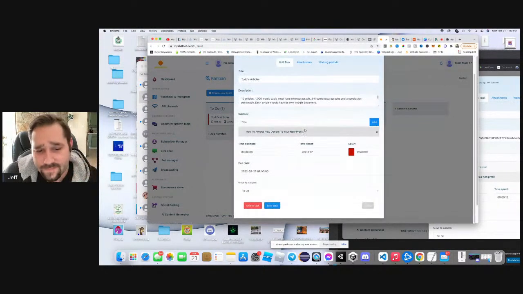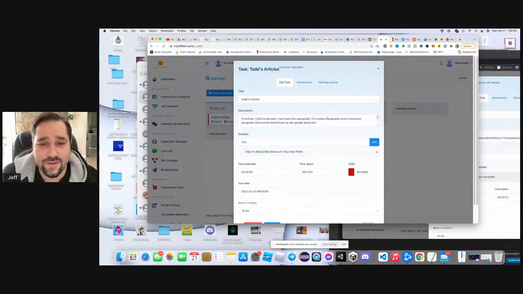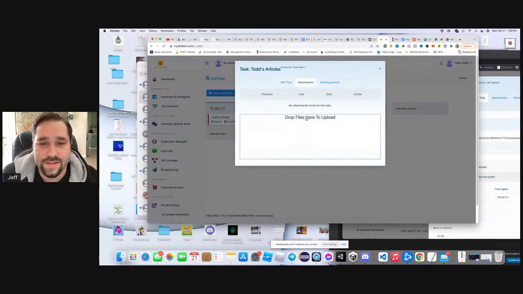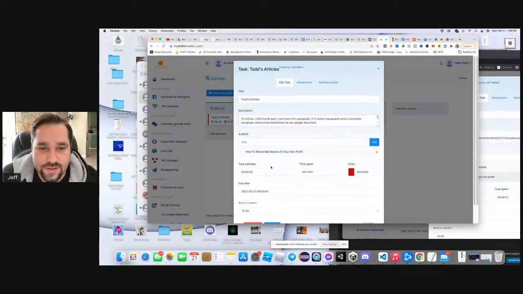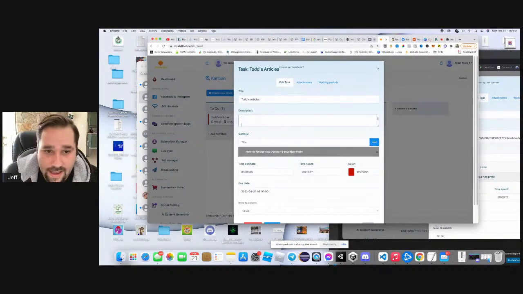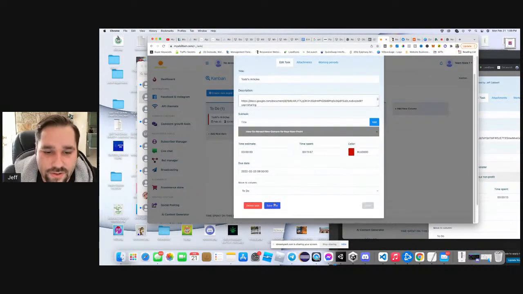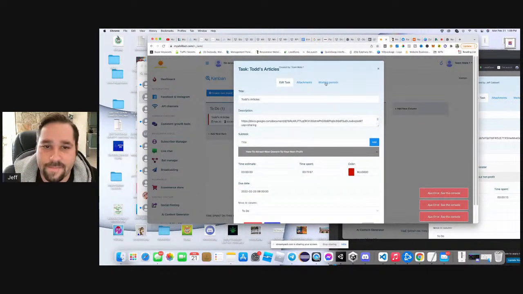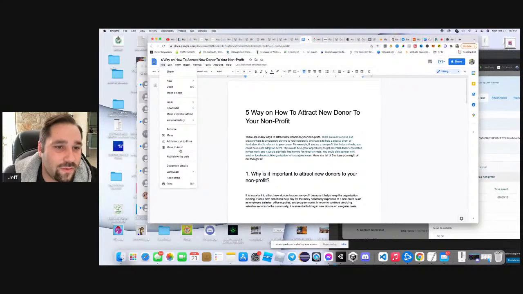And so, and then from here, right? So now you could just go to attachments, you can upload the file, or what we can do is click this and then we could add it here. And so you'll just add the task here. See console. Okay, very interesting. I don't know why it says that, but we will figure it out. So maybe you have to, right here, we're just going to hit file. And what we're going to do is, I think we should